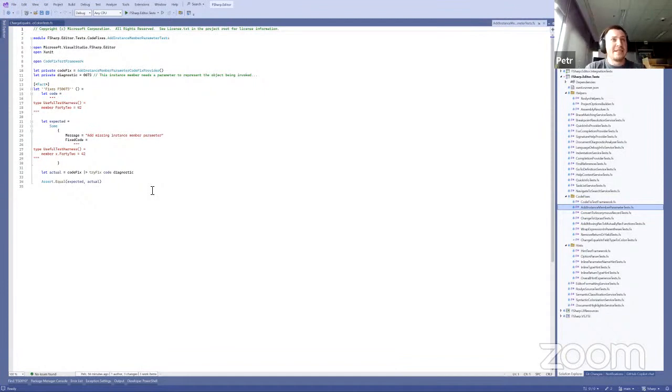So we'll get to that, but that's why tests look like this here. You have the broken code. You need to say what diagnostic you want to trigger the code fix for, because the same code fix can also be triggered for multiple diagnostics. And that might fix it or might not. The code fix can understand that actually that's not what it can fix. So therefore, in the latest iteration of the work, I have this try fix method, which returns an option. We'll get to that later also. Anyway,